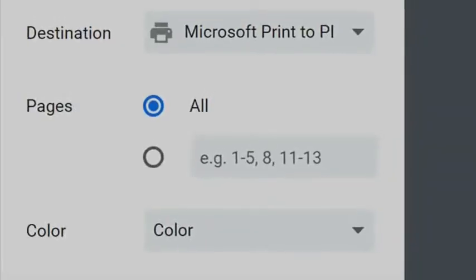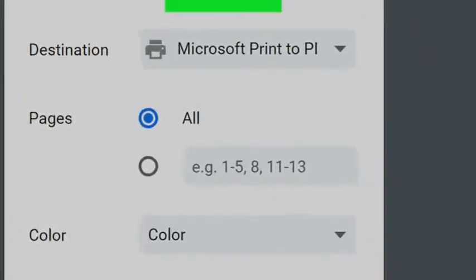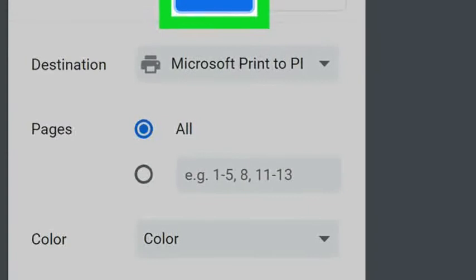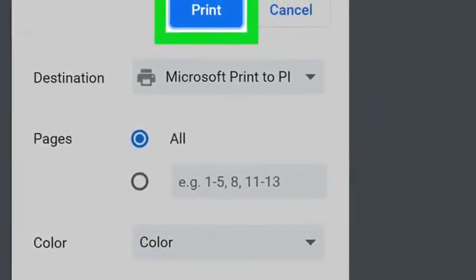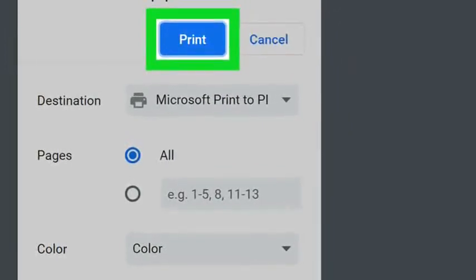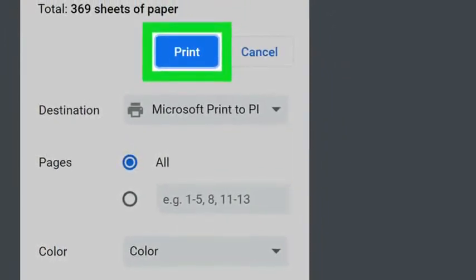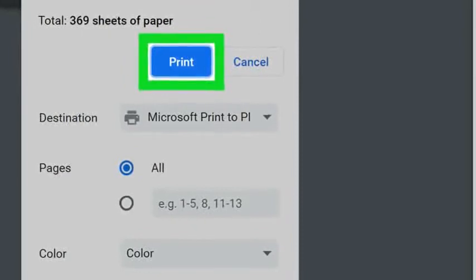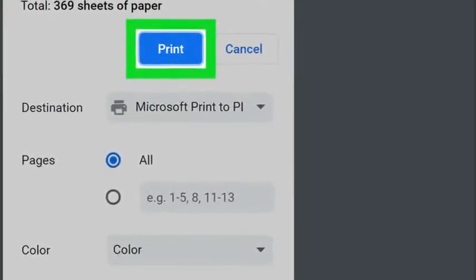Select Print Current Page to print the page that is currently shown in the preview pane. Now select Custom Print and in the Pages box specify the page numbers or a range of page numbers that you want to print.